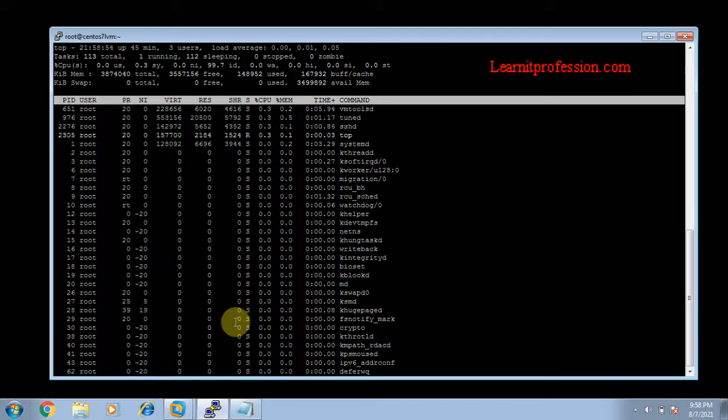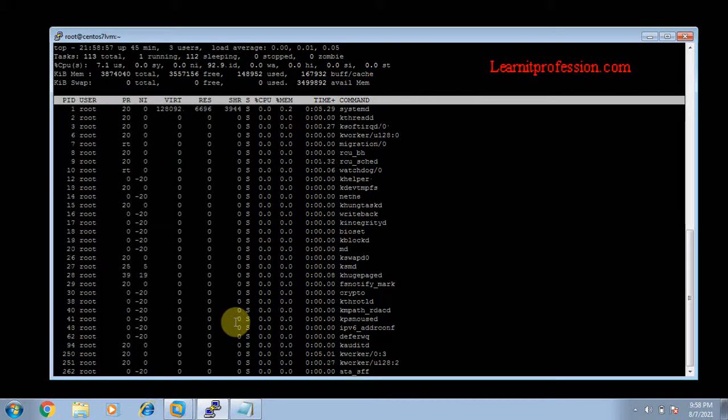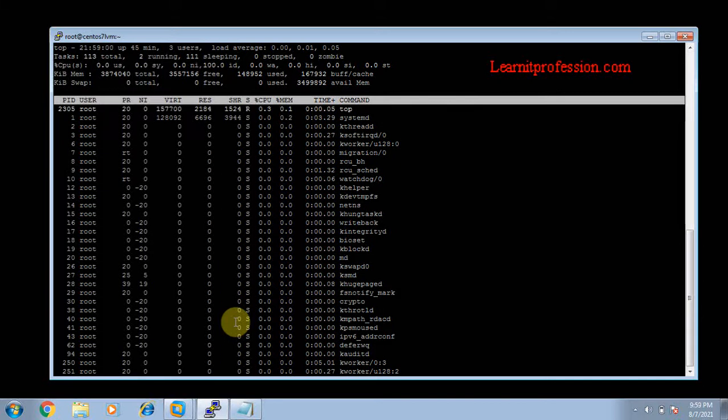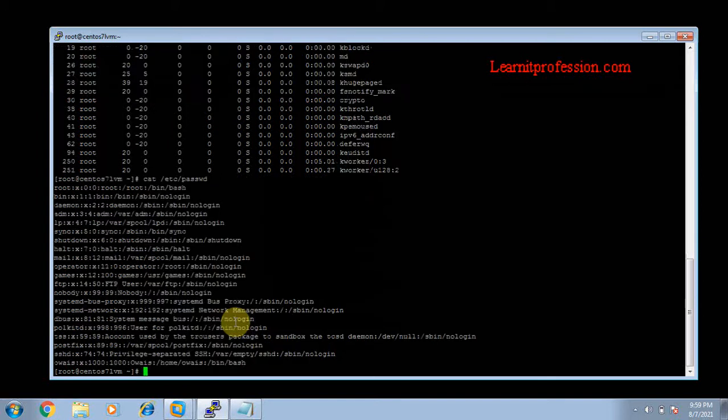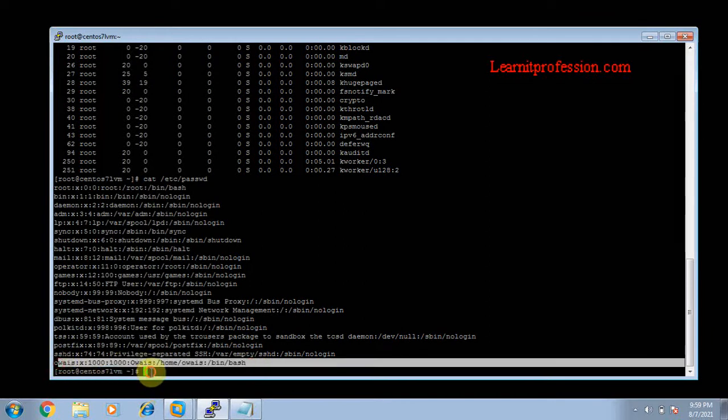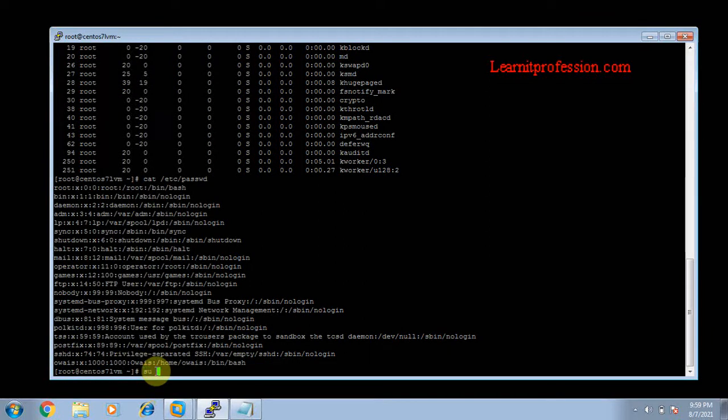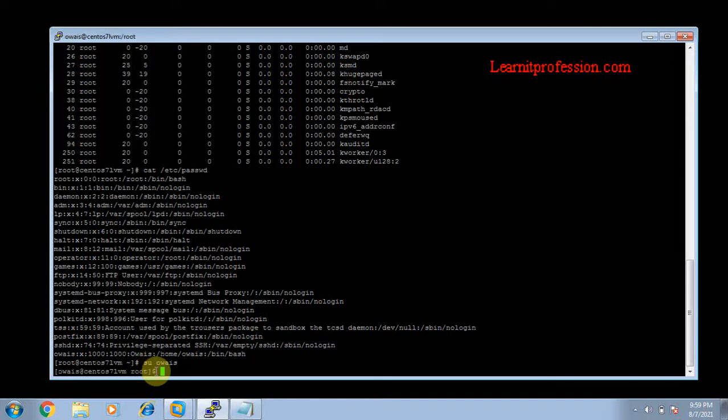If I want to show you the users, press Q, then cat space /etc/passwd. Here is another user, OAS. If I switch to user OAS, then type the command top space dash u space OAS.